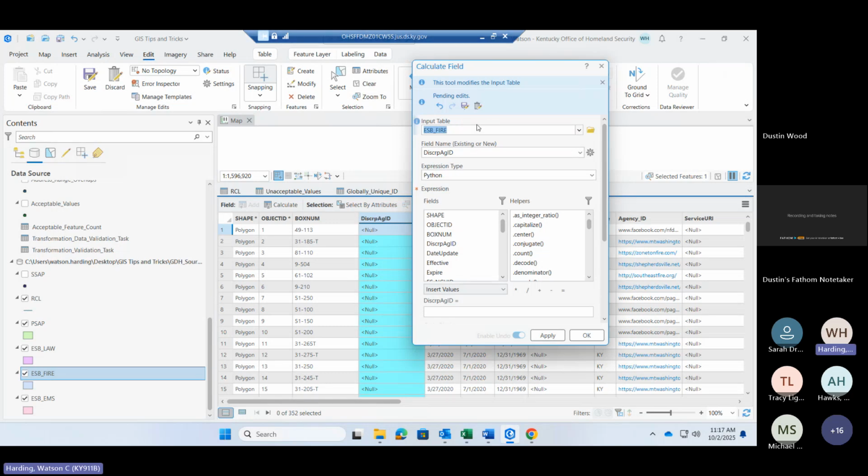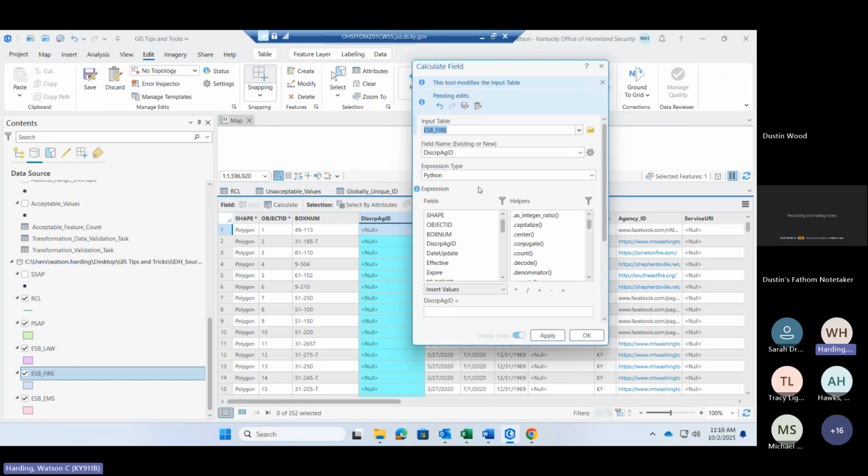selected records. What that means is if you have a selection and you go to calculate field, you can toggle between hitting every feature or hitting only the selected records. It used to be something you had to be, it's still a good idea to be mindful of,